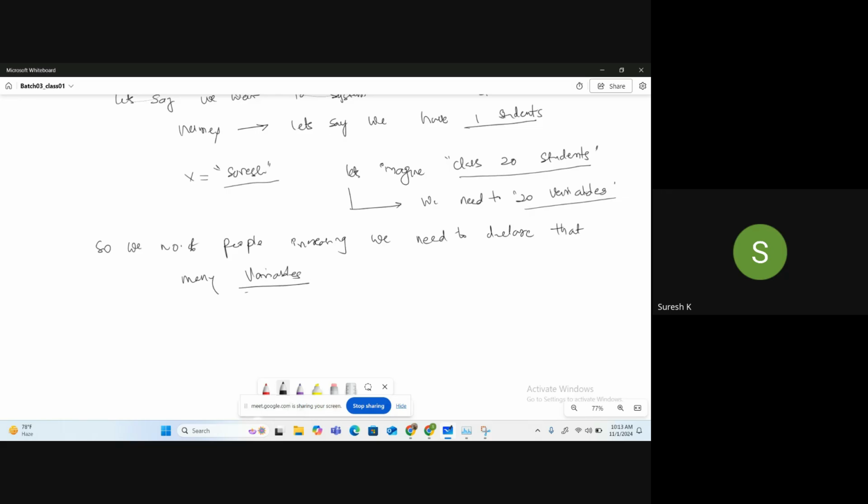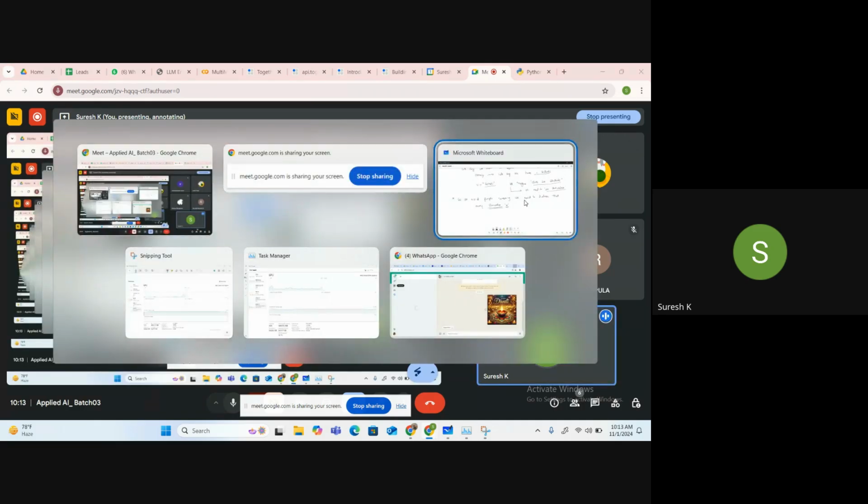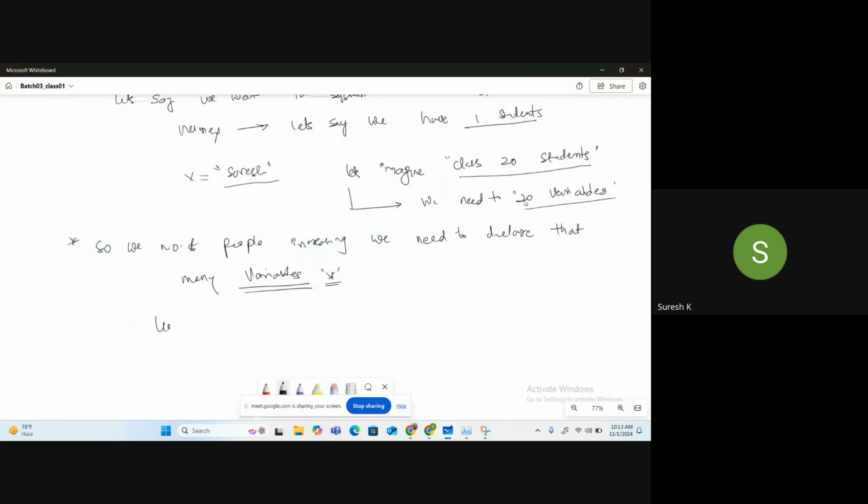Vivek, is this point clear? Yes, sir. Okay. So what does a list provide us? It can store multiple elements in a single memory.